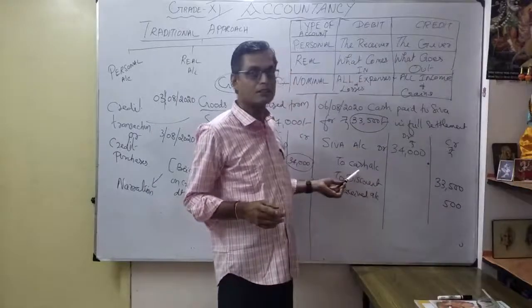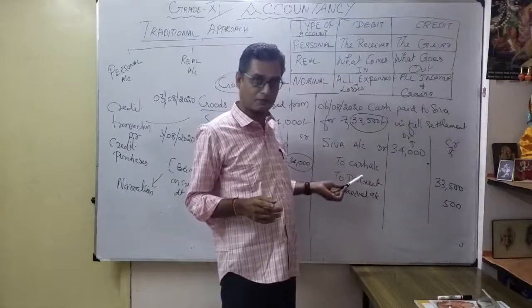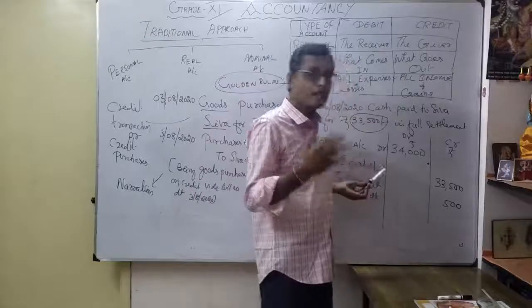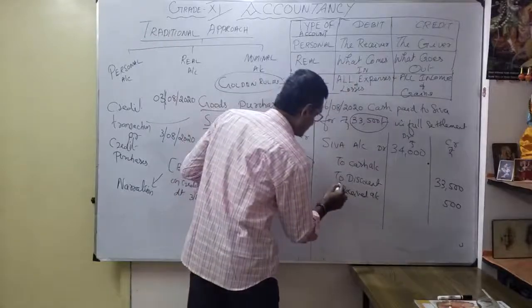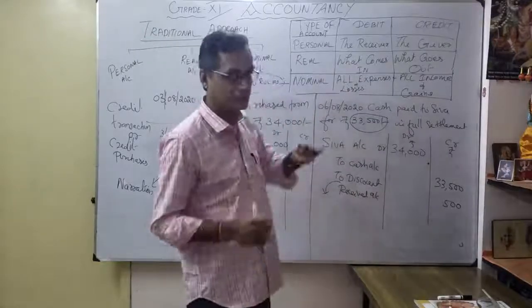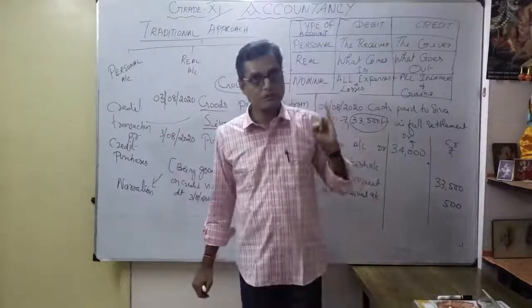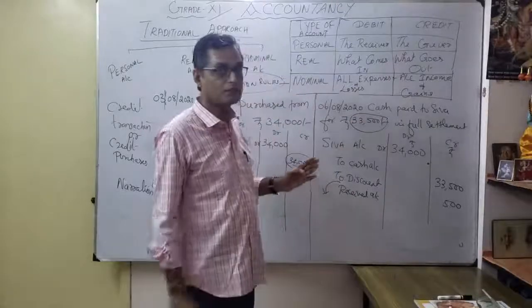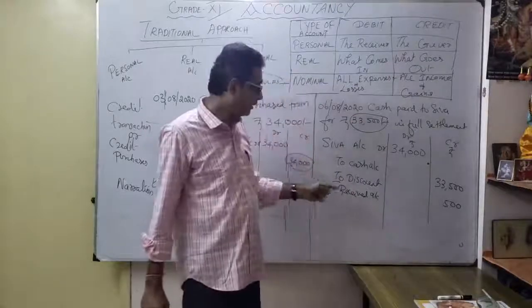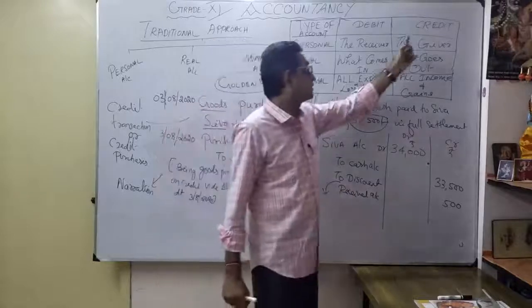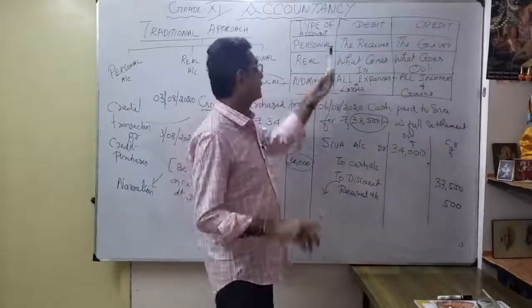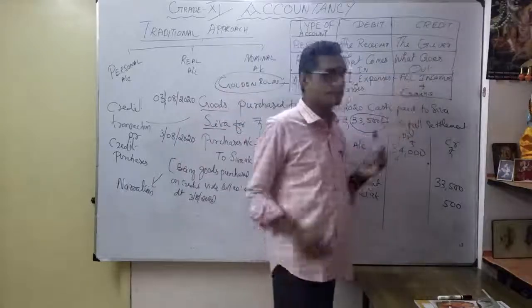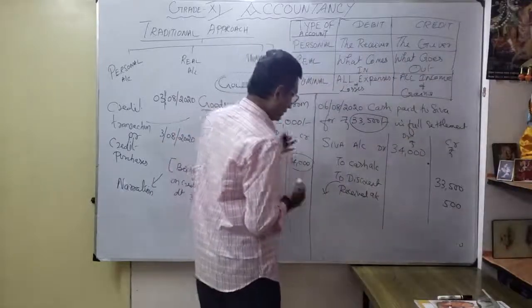Then to cash account, 33,500, because cash again comes under real account, as an asset. Debit what comes in, credit what goes out, that's why I am crediting. Now finally, what is discount received? What type of account? There is no name, so it is not a personal account. It is not a real account either. So naturally it is a nominal account. Why am I crediting? What is the nominal account rule? Debit all expenses and losses, credit all income and gains. Here discount received is a gain.